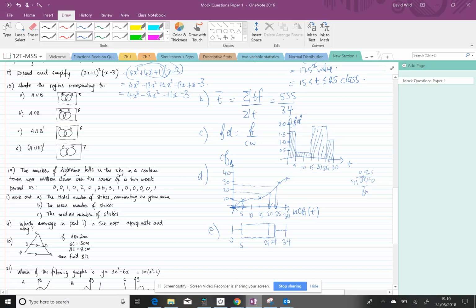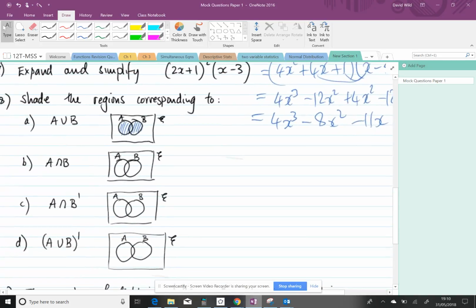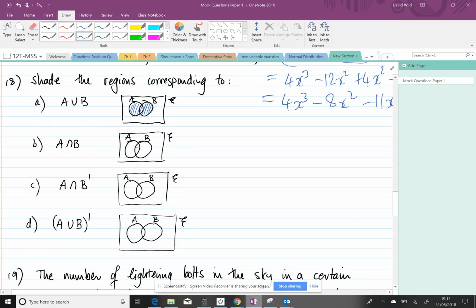Shade the regions corresponding to A union B. So A union B is the union of all those. That's that. Zoom in a little bit here. A intersection B, that's the bit in the middle. And A intersection not B. Well, where does A, well, A is this. That's A. And not B, let's do that in green, is